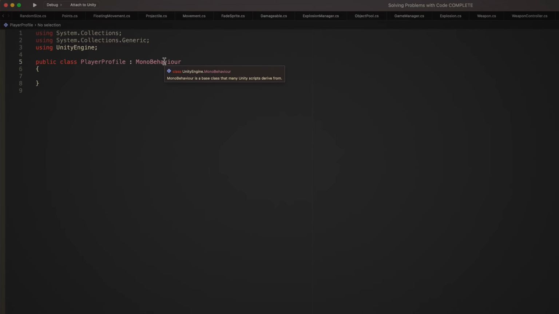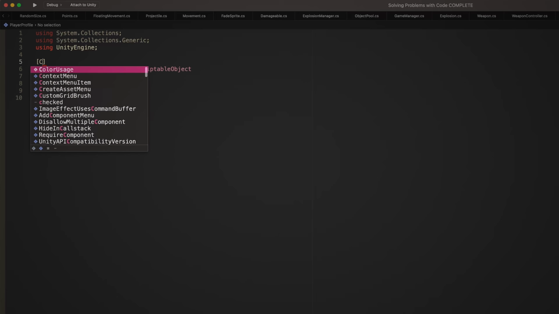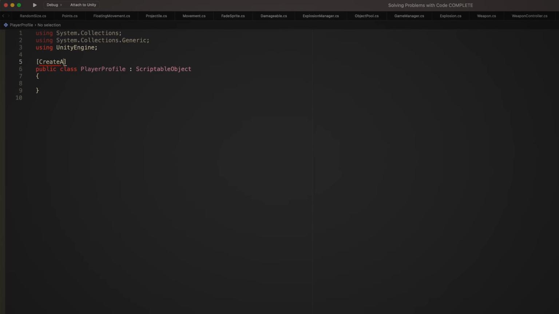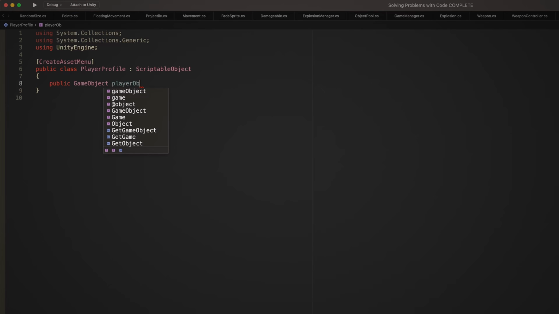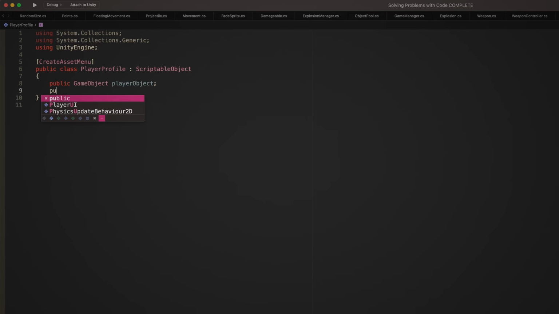Right, so this is going to be a scriptable object, which means I need the create asset menu attribute, so that I can actually make it. So these all need to be public. I want a public game object. This is going to be the player object. Public color, the player color. Can't do it. It needs to be, there we go. A public